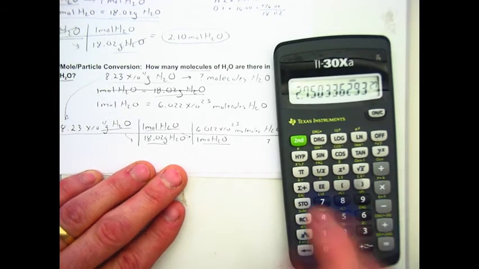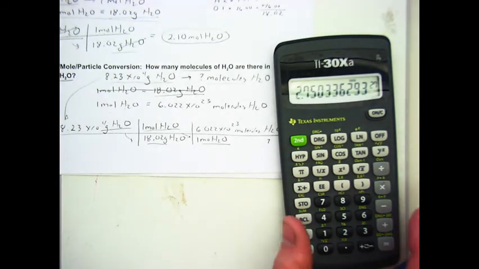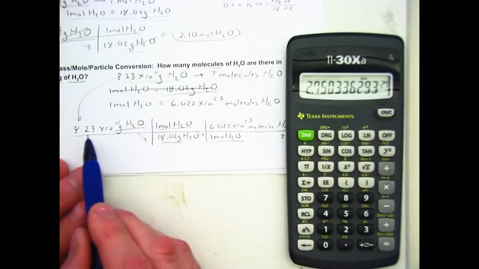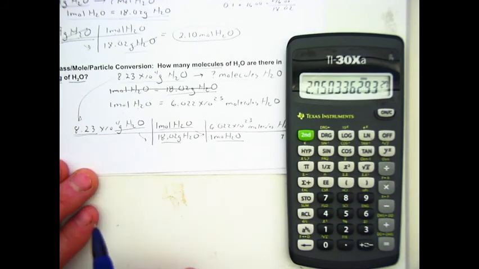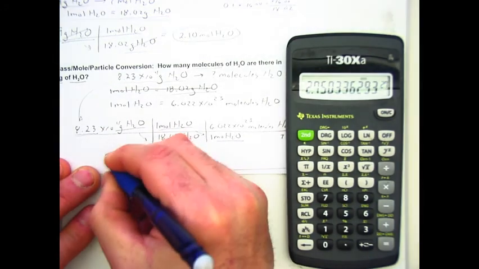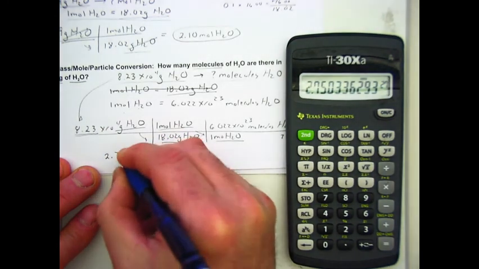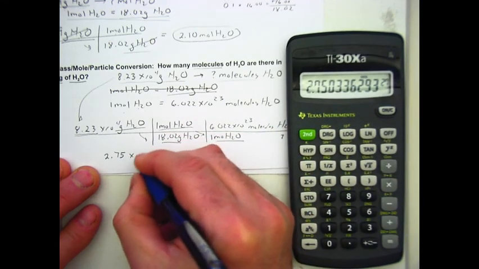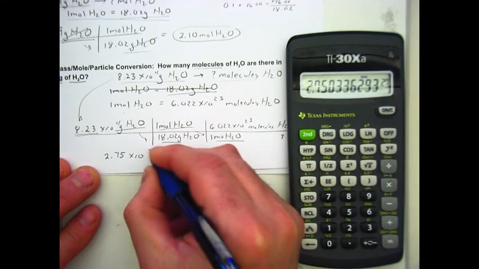And I get 2.750336293 times 10 to the 27th. Of course, that's far too long. I need to round that off so that it has the same number of significant figures as my starting point, which is 3. So I put 2.75, rounding off after the 3rd digit, times 10 to the 27th